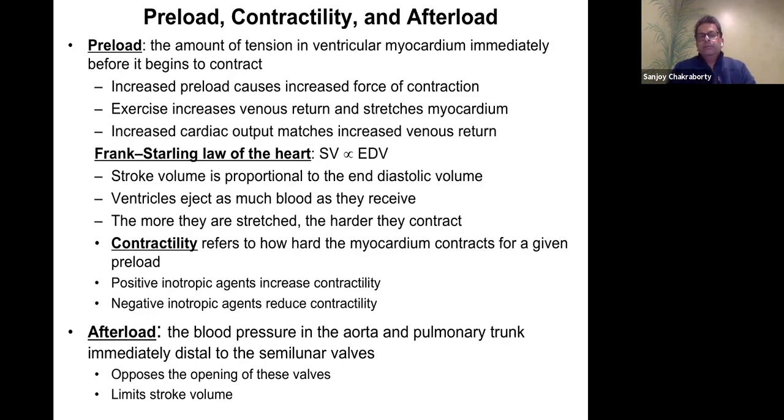Okay. There are a few more factors we have to discuss that control the heart rate, like hormones and the nerves, which I am going to discuss when I